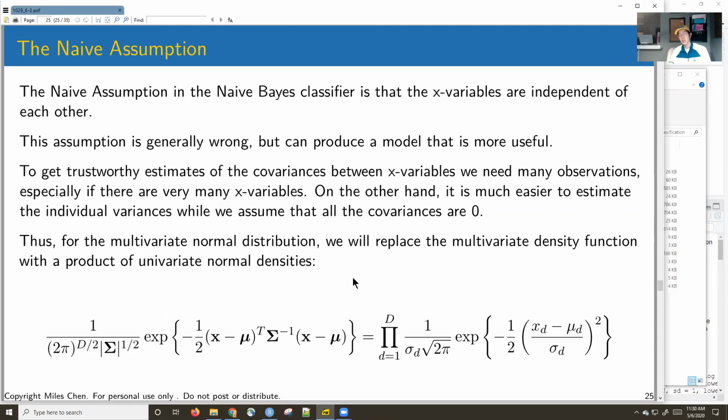If you go up to 3 variables, now you have 6 values to calculate: the variances of x1, x2, x3, then the covariance of x1 and x2, x1 and x3, and x2 and x3. But if you have 10 x variables,